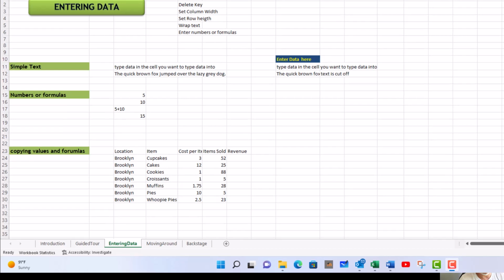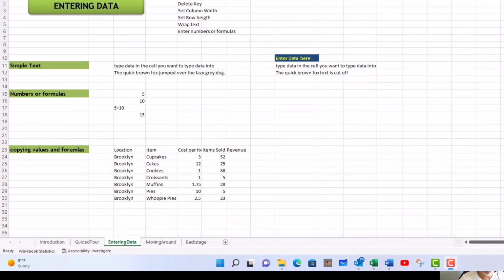And now for the last thing we're going to do in this module, we're going to recreate this table down here at the bottom, and we're going to do a couple shortcuts to do that. Okay, so let's start off over here, and I'm just going to start off by typing location, and then I'm going to type Brooklyn,